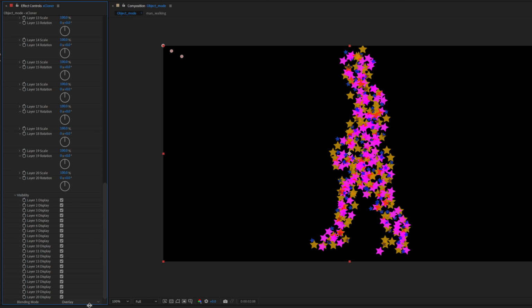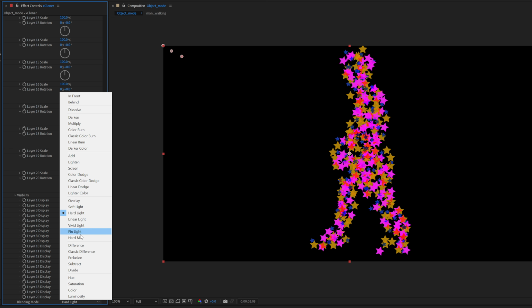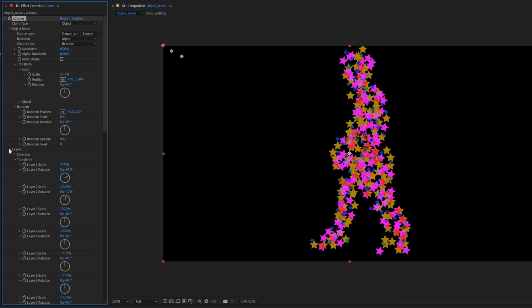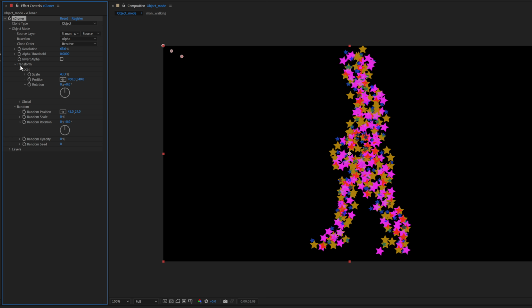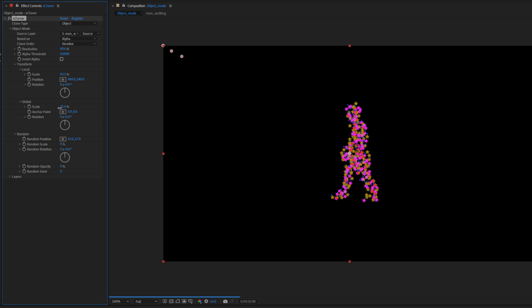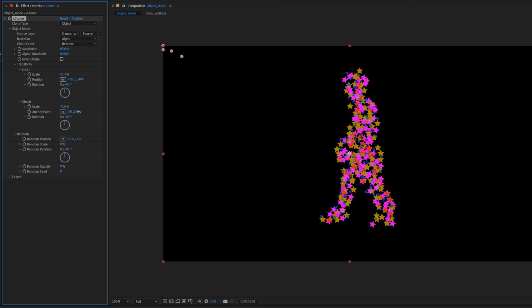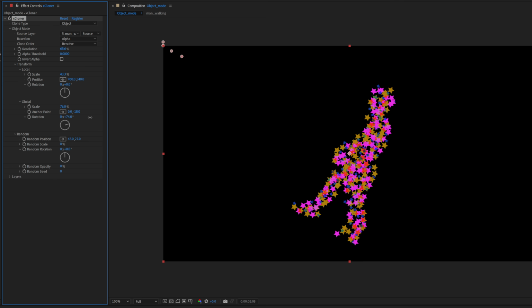Let's try something like overlay, and in every mode basically you have transform options like local and global. You can change the anchor point,